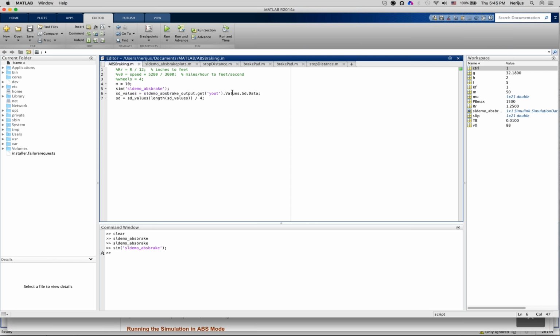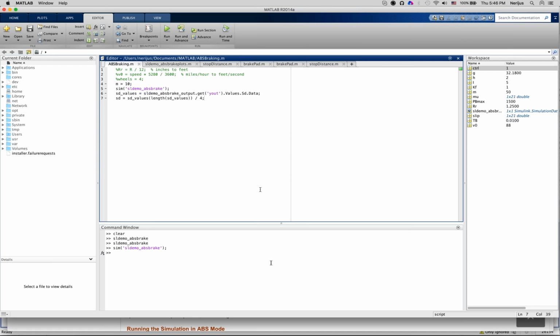So I read the file, and it has a couple of thousands of entries and rows, but I read all stopping distance values in all simulation steps. And then I read the last one, because I want to get the final stopping distance. And I divide it by number of wheels. Okay, it's hard-coded here, 4 wheels, because this model is the model of the ABS system of 1 wheel. So I have 4 wheels, so the stopping distance, let's say it's equally